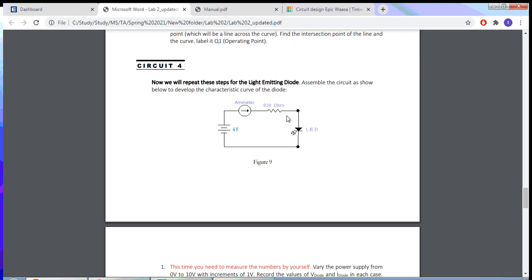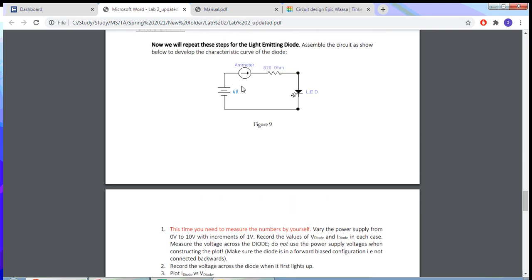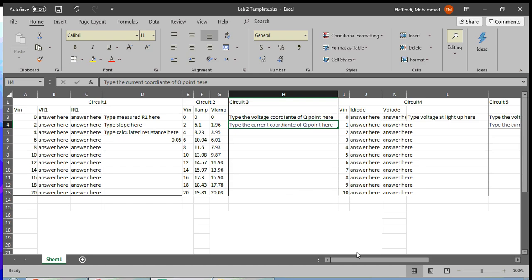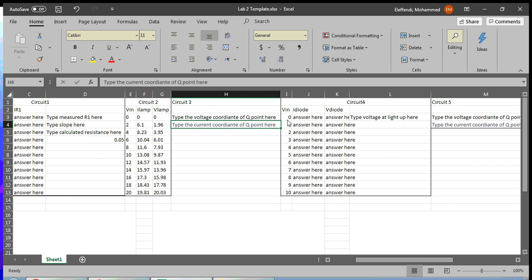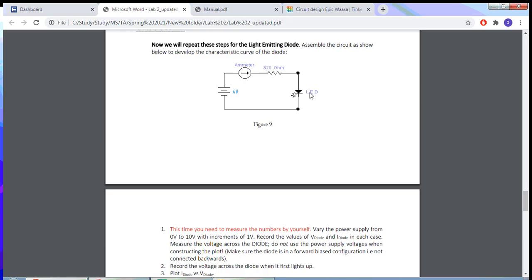Now this is the third circuit that we're going to be dealing with in this lab. What we're going to do here is find the IV curve of the diode. This here should be a variable, so it's not 4 volts constant. This should be variable. So what you're going to do is set up this circuit and increase the voltage. You're going to vary the input voltage like this, record the current through the diode and the voltage across the